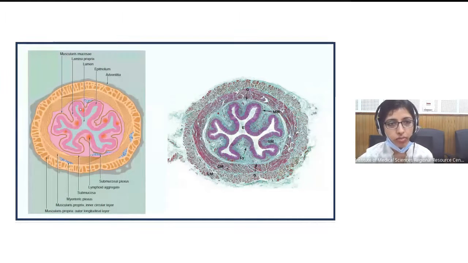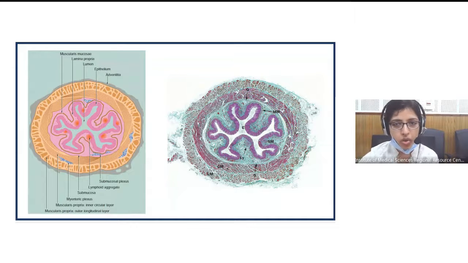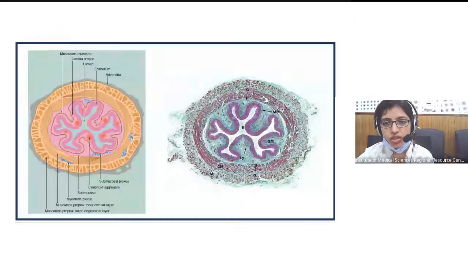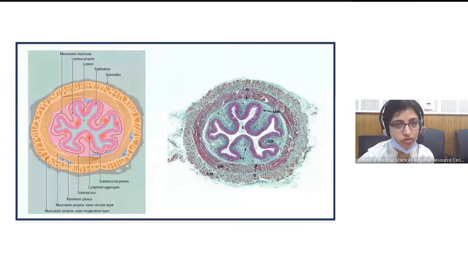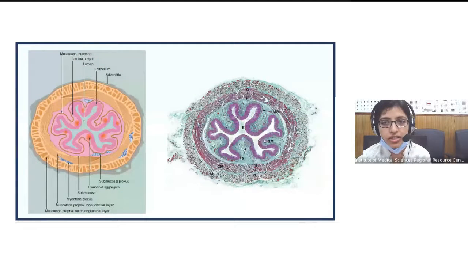So, broadly, the submucosa, the muscularis propria, and the outermost layer are roughly similar in the different anatomical regions of the gastrointestinal tract. So basically, what is the difference? The difference lies mainly in the organization and structure of the mucosa. It is the mucosa that shows histological variations, and we must know how this mucosa varies in the different parts of the gut, which also helps us to recognize the origin of the biopsies.